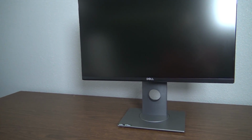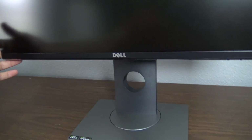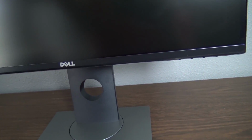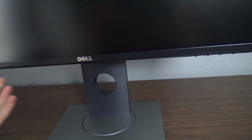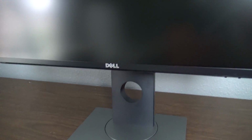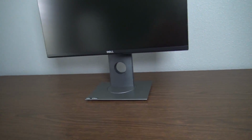Aside from that, it's got all the normal features you would expect from a monitor. It's got the swivel feature, which I don't really know who uses that. Height adjustable, which is always nice. Tilt, and you can rotate the monitor, which again, the only time I use that is just to plug this stuff in. So you've got